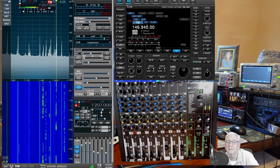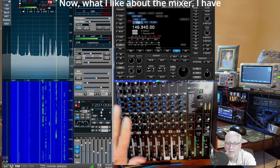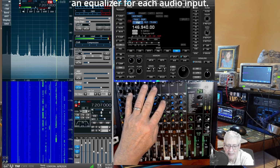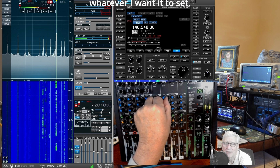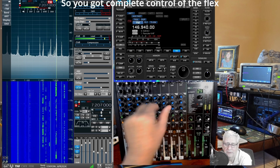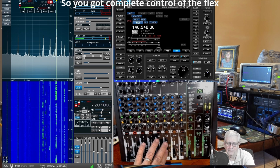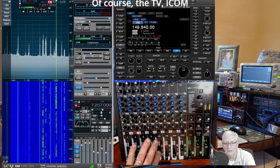Well, here we go. Right now we're listening to the Flex radio. What I like about the mixer is that I have an equalizer for each audio input. I can adjust it to whatever I want it set to. So you've got complete control of the Flex using this mixer and this one control. Of course, the TV,